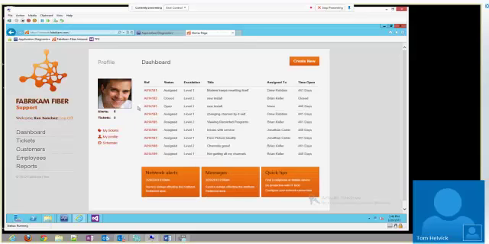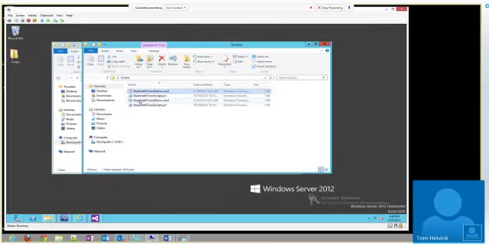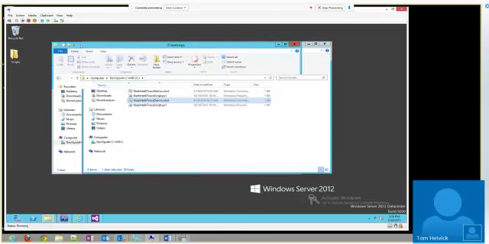And I can click around, do whatever I want to. Again, I know that this is going to bomb, so for demo purposes and time purposes, I'm just going to click on reports, show it bomb, and I'm going to stop tracing. There we go, so there's the status. Stop tracing.